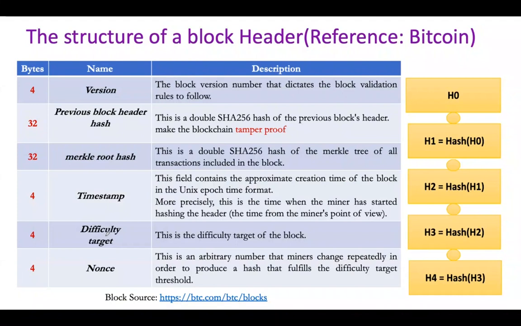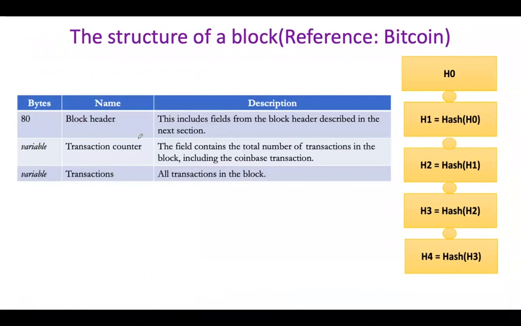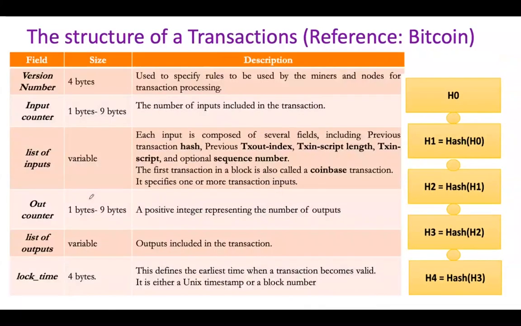So let me quickly go through. As we said, the block structure in Bitcoin has the block header, which takes 80 bytes, and the transactions. So what is the structure of this transaction then? In the transaction field,